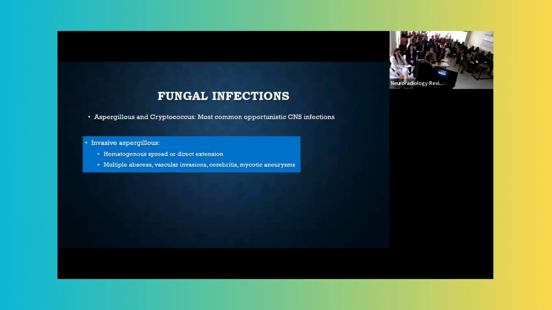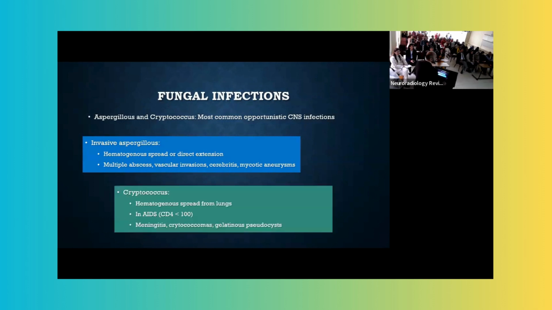So aspergillosis. Whenever we are dealing with aspergillosis, please remember that this is very notorious to cause infarcts, thromboses, and all that. So look for the sequelae of arthritis, and most importantly, mycotic aneurysms. I've seen a few of these, and these can easily get overlooked, and the patient can die from the